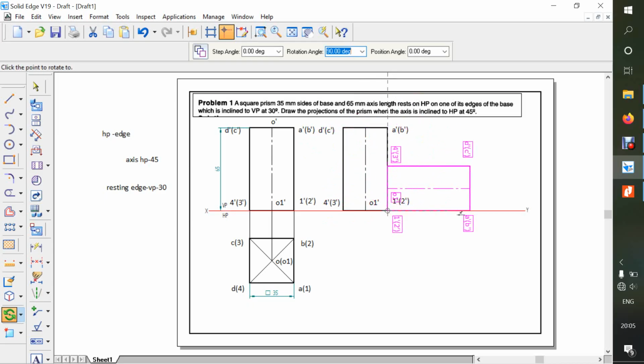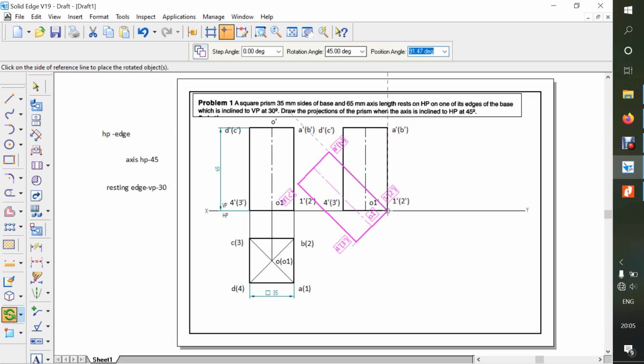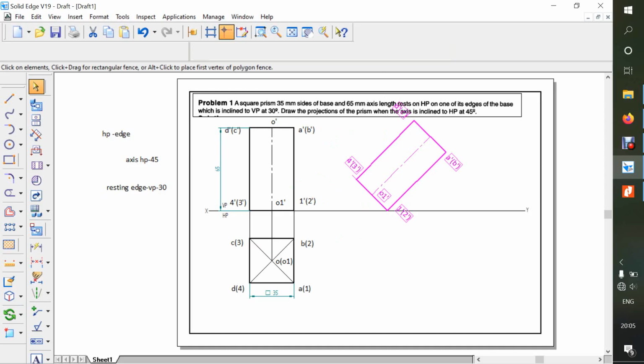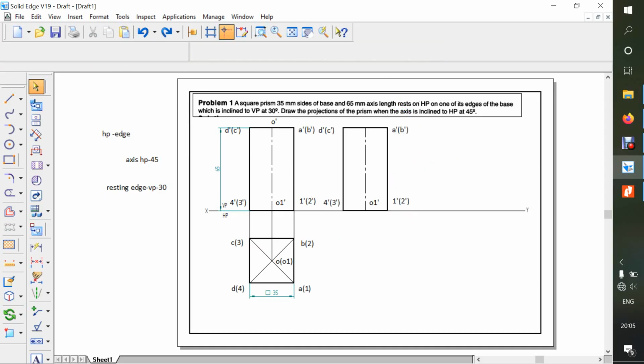If you see here, the rotation angle is 90 degrees, and as you move like this it decreases to 0. Now, since it's 45 degrees, you need not worry, you can just give the rotation angle as 45 degrees and rotate like this. This is exactly how it is going to rotate. Now we'll repeat once again.